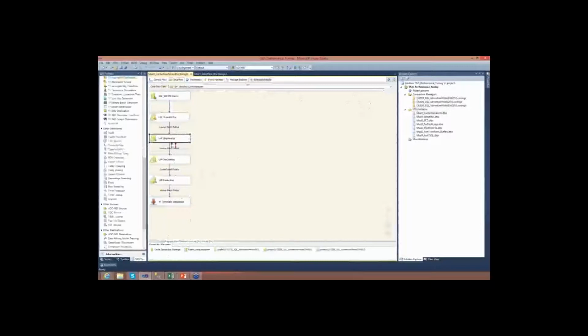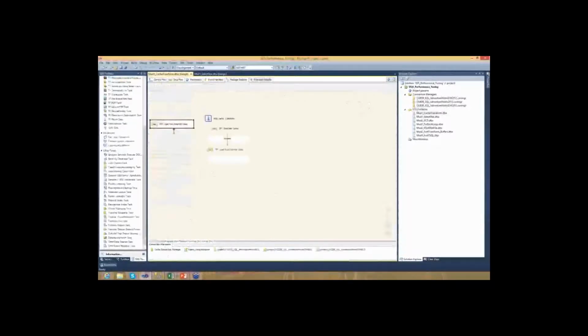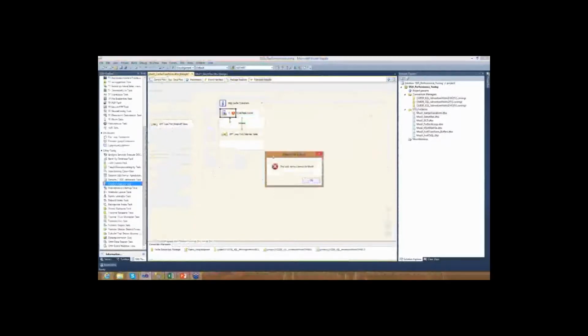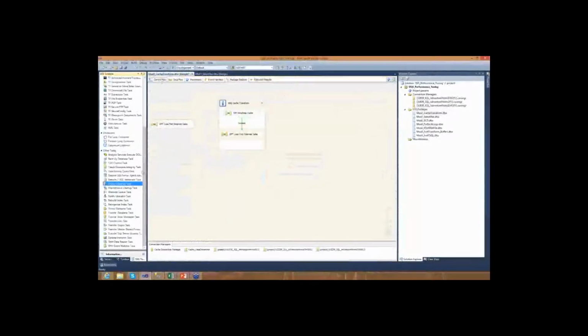So I ran this package. You saw how it did that in parallel. This sequence container over here is using a little component inside of SSIS called the cache transform. Now, once again, this is a component that I haven't seen used by a lot of clients out there in the field, but it's one of my favorite components, especially for mitigating some of those memory issues